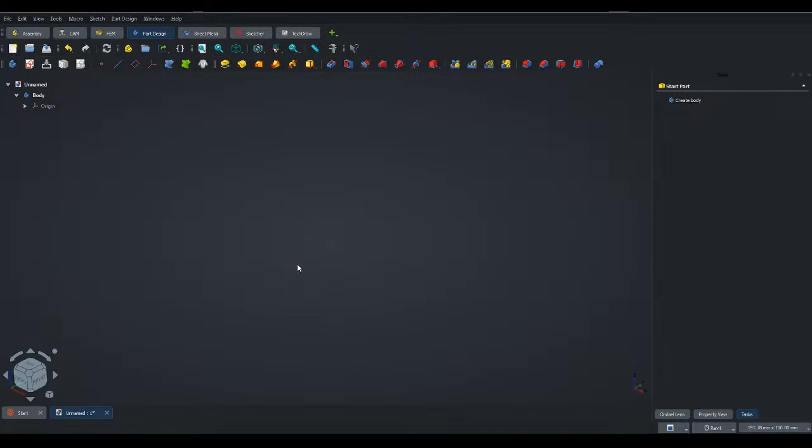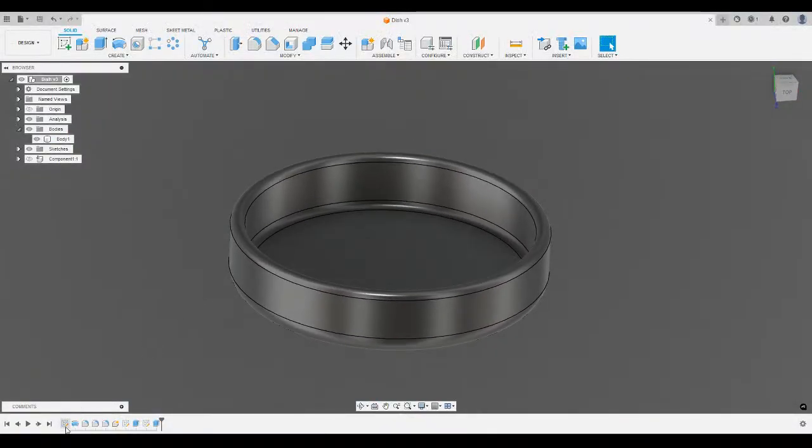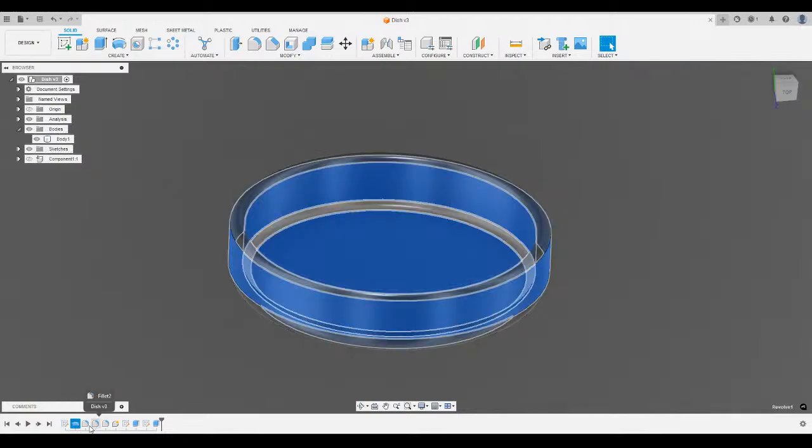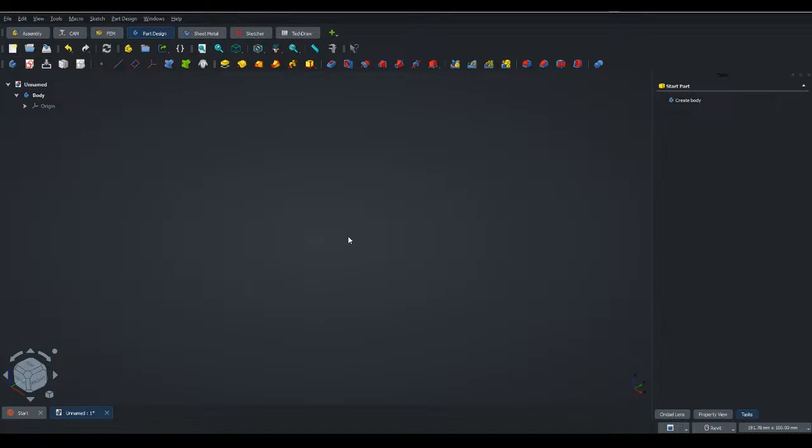Gotcha. All right, so I want to fuss around in Ondsel just real quick. In the last episode, we made this dish in Fusion 360 with a sketch, a revolve, and then 3 fillets to get all the edges. So I'm gonna see. I have never used Ondsel before. Never used FreeCAD either. So I'm completely unfamiliar with this, but I told it I wanted to make a new part, and then